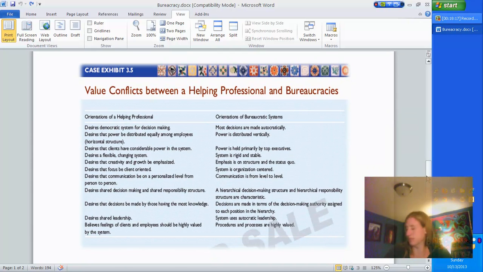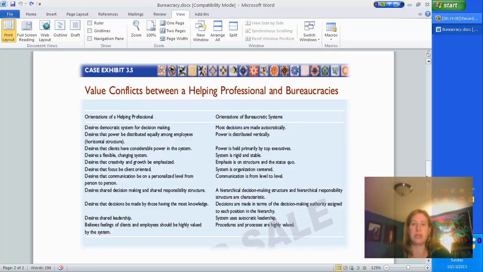So this page actually came from a textbook that I used to teach from when I taught Introduction to Social Work, and I really like this little vignette here. It talks about exactly what we're talking about: value conflicts between helping professionals and bureaucracies. On the left, that column talks about orientations of a helping professional, and on the right, the column talks about orientations of a bureaucratic system. And it talks about the juxtaposition of both of those ways of being